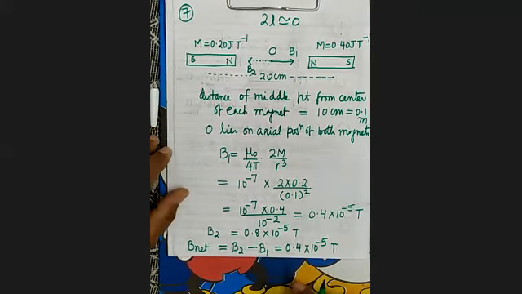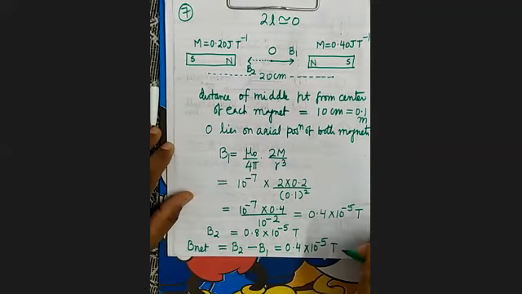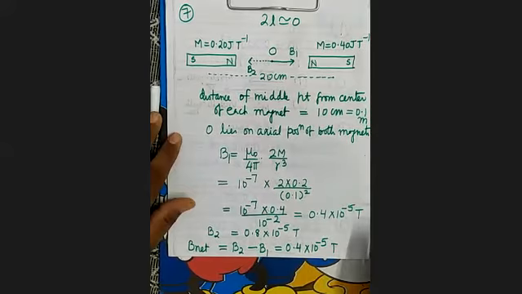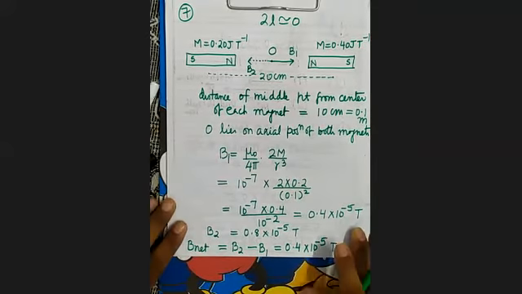That you can check, but perhaps there is no mistake here. The answer in the book may be wrong, so you can check, there may be some mistake. This minus this is 0.4 into 10 to the power minus 5 Tesla. Now after this,